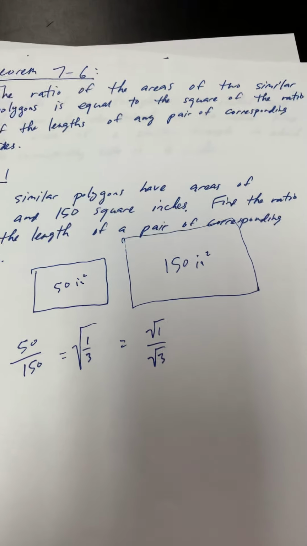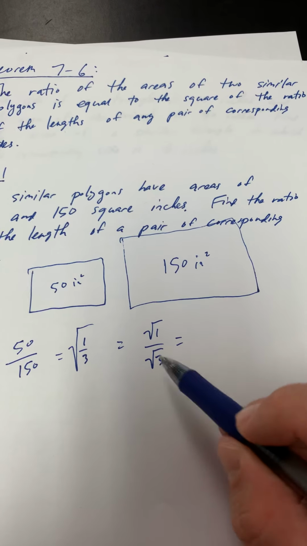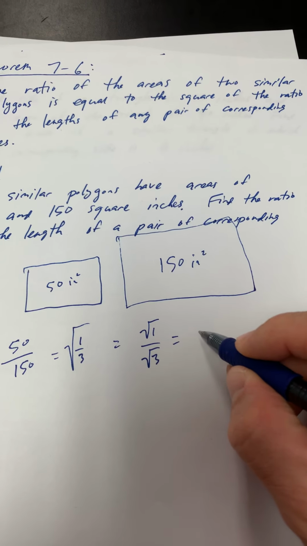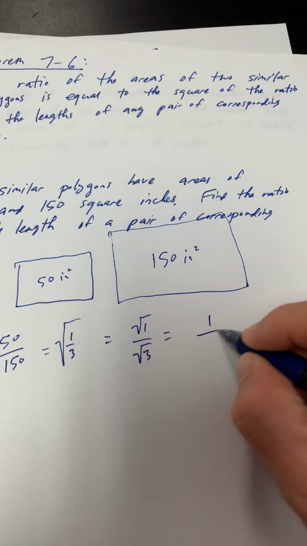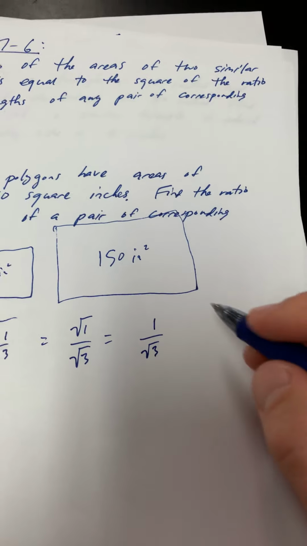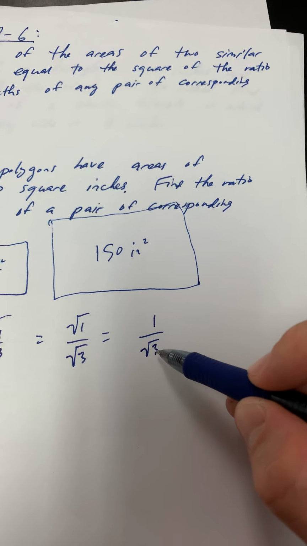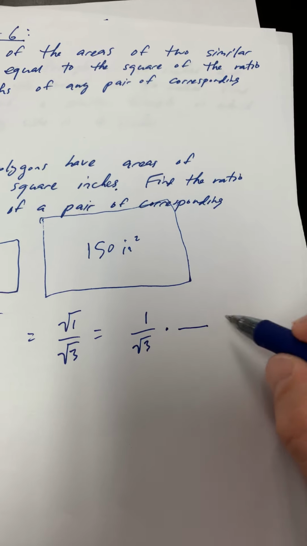Now remember, you can't have a radical in the denominator. Let's go ahead and simplify this. On top, the square root of 1 is just 1, so then we have 1 over the square root of 3. Now we can't leave this like this, so we need to rationalize the denominator,